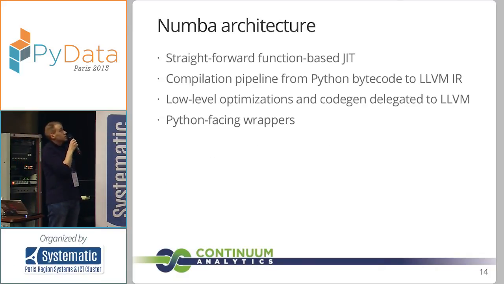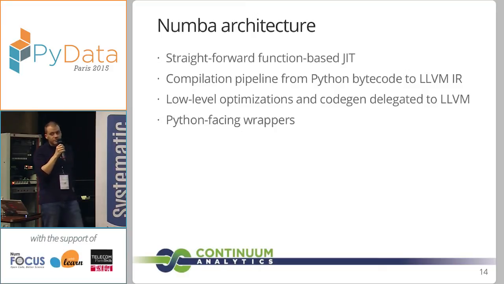So, Numba architecture. It's a straightforward function-based JIT, which means that it takes one function at a time and compiles it based on some type information. It doesn't try to do anything fancy like, for example, PyPy does. PyPy is a tracing-based JIT, so it tries to extract some hot loops from your code, records the execution traces and compiles them.